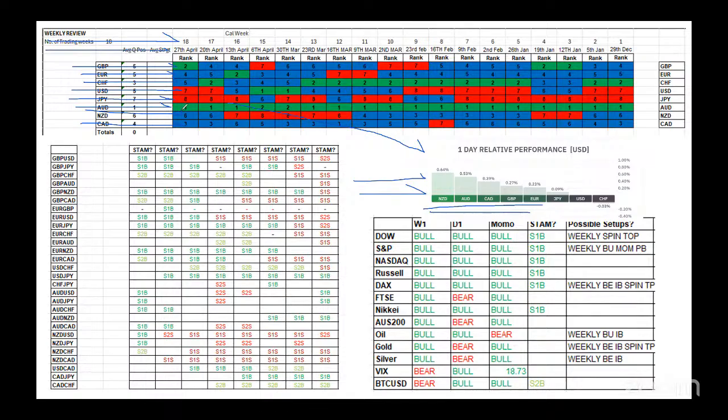And as I said, I'll be fascinated to see how the weekly charts finish up at the end of the week. Certainly, when I look at the indices, under my own model, well, what a shocker. What we can see is that basically all of those major US indices and also the DAX and also the Nikkei are all in STAM 1 Bravo. They are a strategic buy, back into there.